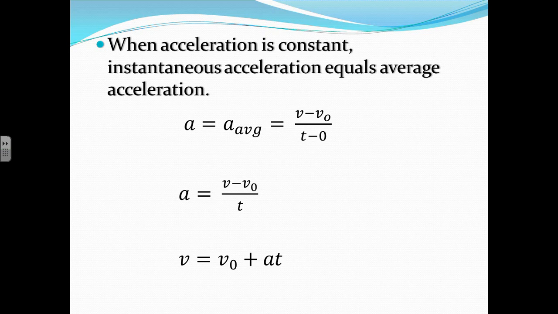Notice that in your reference tables, all these have a subscript of x, referring to the fact that they're all moving in one dimension. I leave the x's off here for clarity, but realize that these velocities all need to be moving in the same direction, and that's what they're giving by the x. So our first equation allowed us to solve for velocity and gives the relationship between velocity, velocity initial, acceleration, and